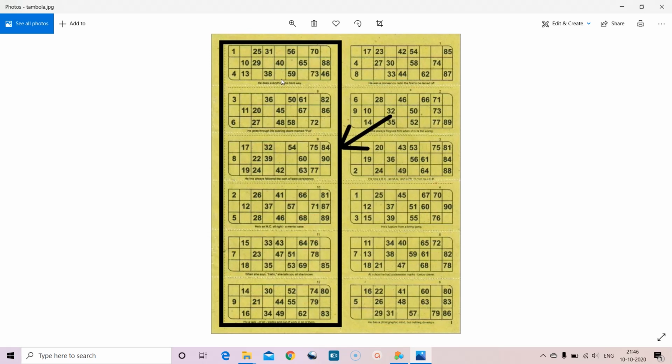Then we should be able to verify. We ask them the ticket number and we verify whether that particular ticket already got these 5 numbers, which means your computer will also show you all the tickets which got the first 5 numbers completed. Like that you can develop your own program.